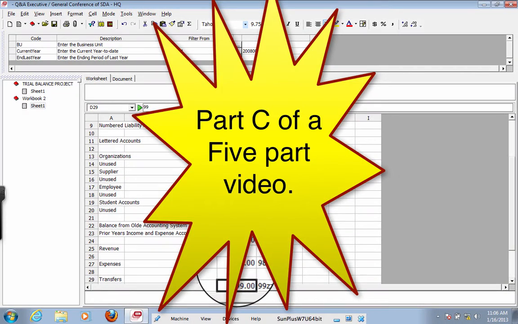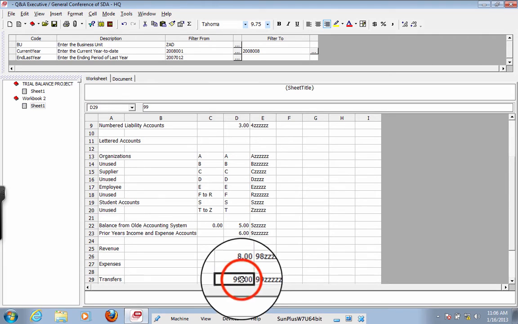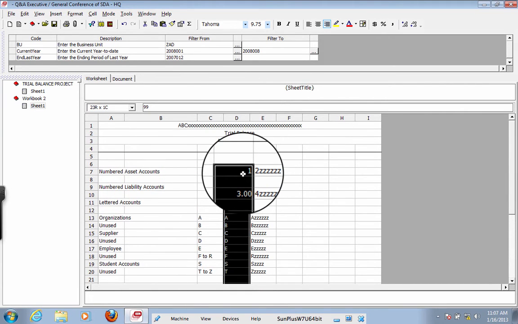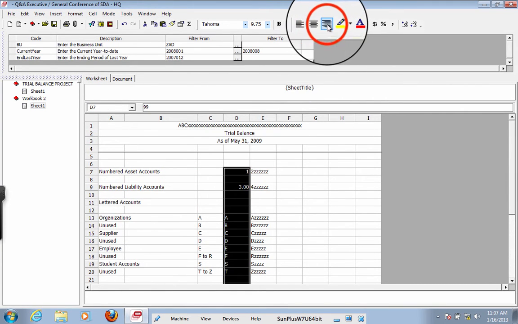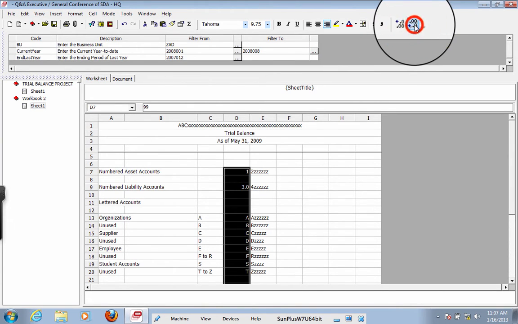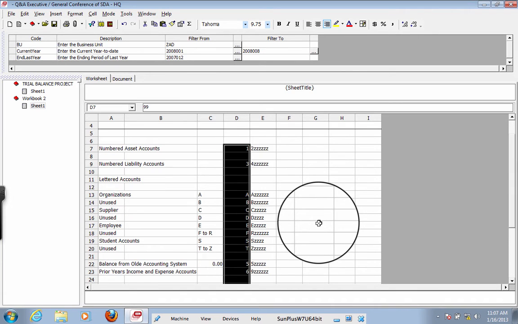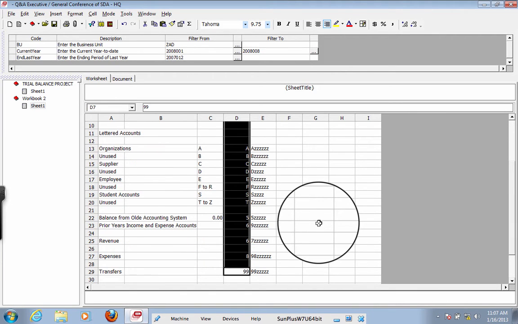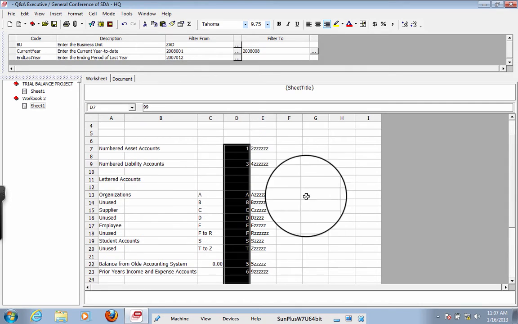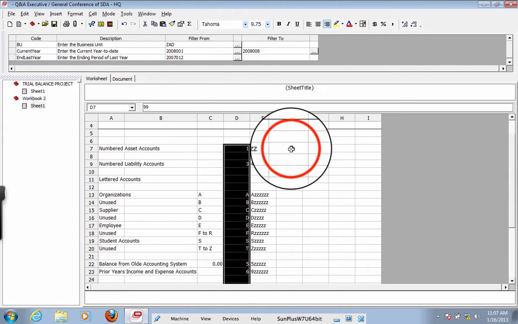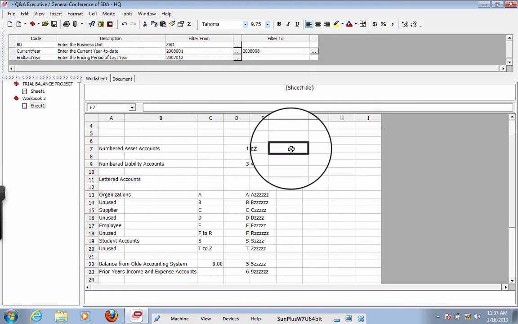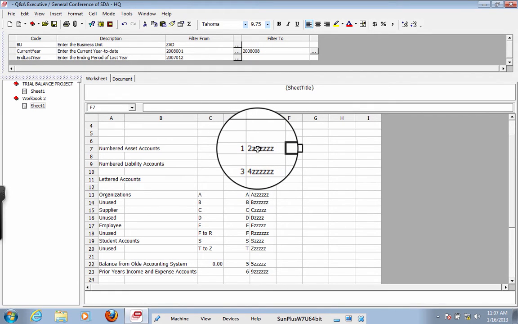So expenses run from 8 to 98ZZZ and transfers from 99 to 99ZZZ. Okay, and to get this formatting right, like I like it, I'm going to go up here and write format, write justify, and reduce all the decimal places out. Okay, cool. Alright, so now we are going to write a query that picks up these account ranges for